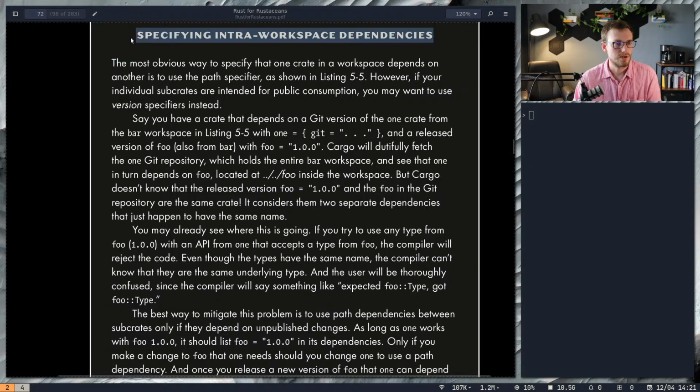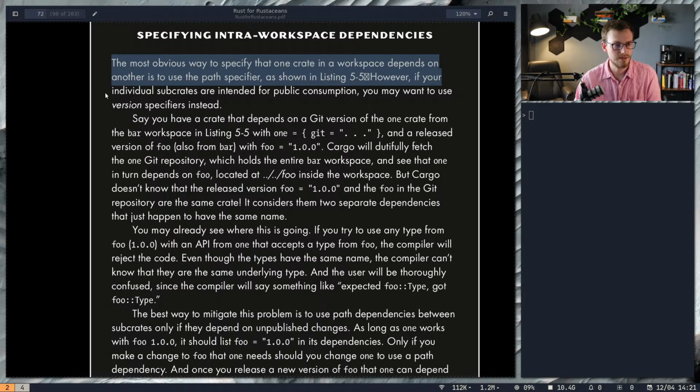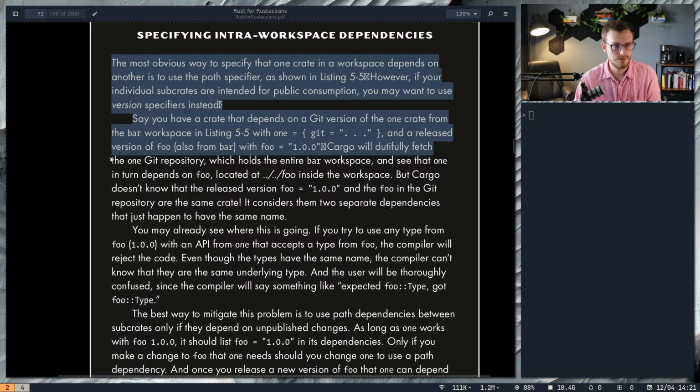Specifying intra-workspace dependencies. The most obvious way to specify that one crate in a workspace depends on another is to use the path specifier, as shown in listing 5.5. However, if your individual subcrates are intended for public consumption, you may want to use version specifiers instead. Say you have a crate that depends on a git version of the one crate from the bar workspace in listing 5.5 with 1 equals git equals something, and a released version of foo also from bar with foo equals